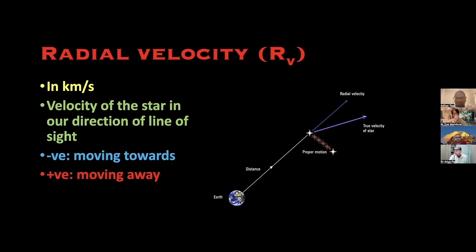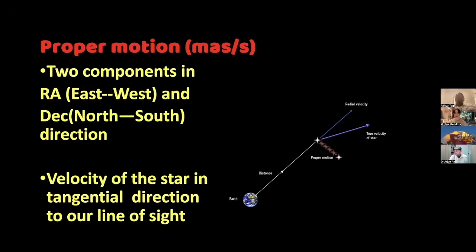The other type of motion is what you see in the sky: one motion will be north-south, and the other will be east-west. Basically three axes, like X, Y, and Z axis in physics. One axis is towards and away. The other is in the plane of the sky, east-west or north-south. East-west is the RA shift, how much the angle is shifting in the sky, because everything in the sky you're measuring with respect to the angle it is making. At the horizon the angle is 0, then at the zenith the angle is 90. So everything you're measuring in angles.